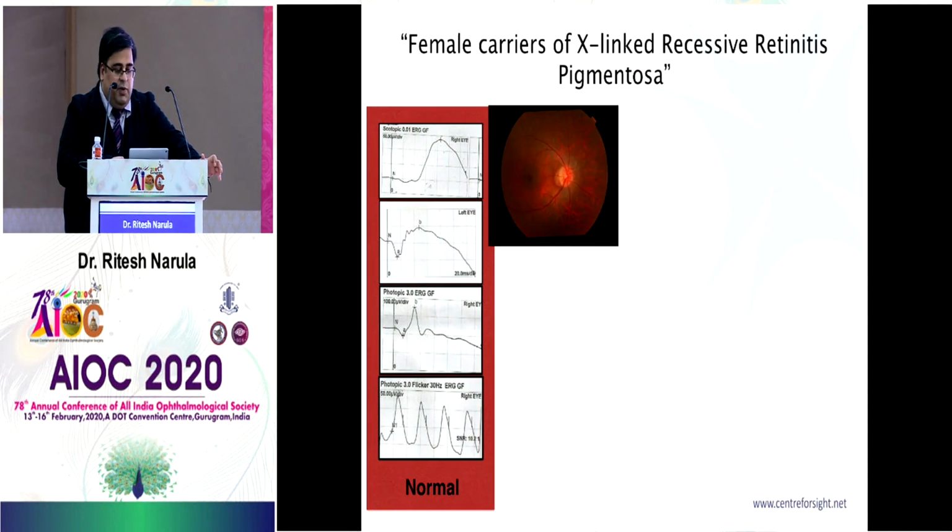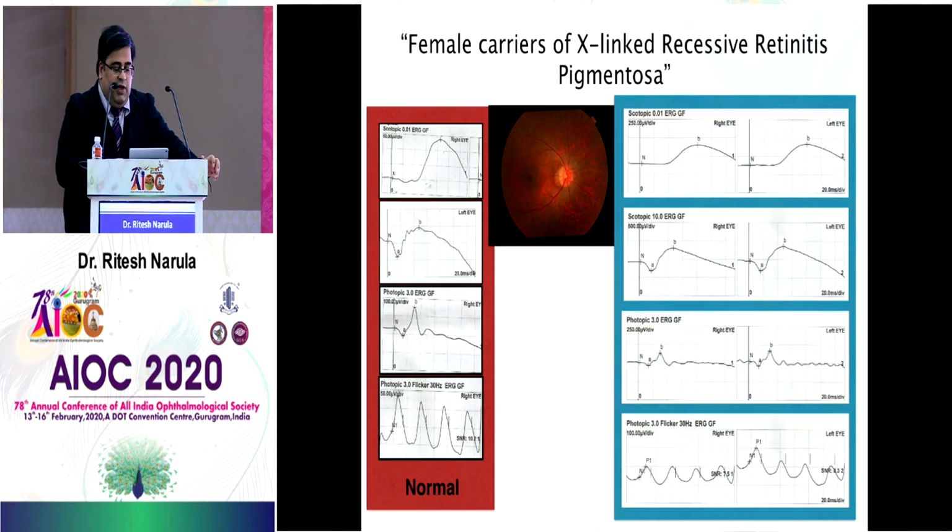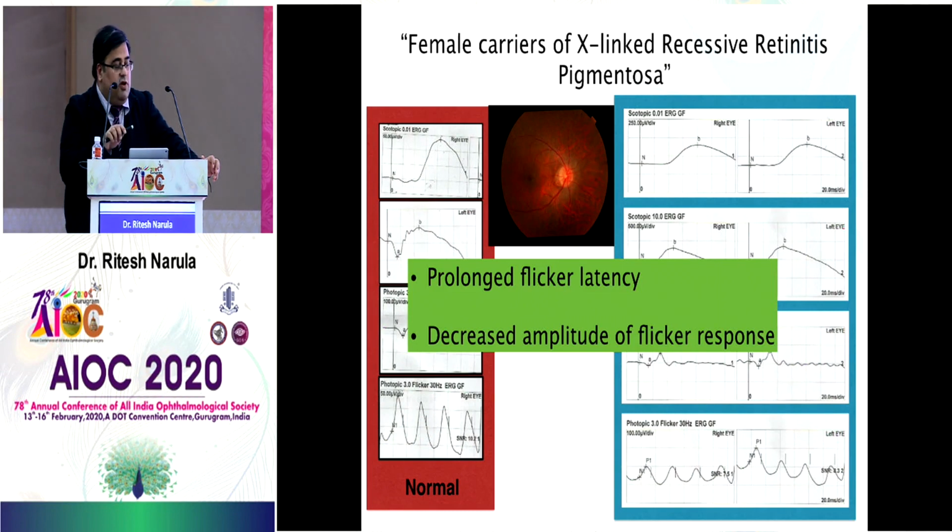To complete RP, in patients with X-linked recessive retinitis pigmentosa with severe RP, the female carriers typically have an otherwise normal looking ERG, except on the flicker frequencies, the amplitudes are quite decreased and latencies are increased. So that's a classic MCQ question on X-linked recessive retinitis pigmentosa. What will be an ERG for a carrier patient?